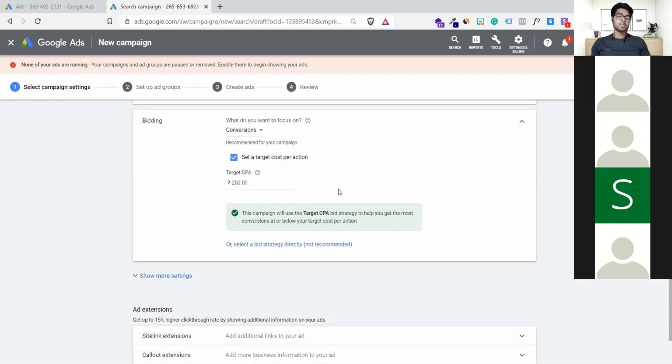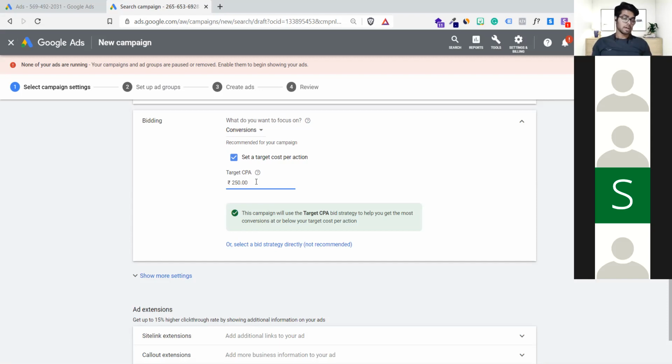The moment I put this 250 mark, Google will try to get the clicks that get your lead done in 250 rupees, not more than that. You are telling Google that my cost per action is 250 rupees, and please help me close this deal. Now Google has full control over how much to spend on each click.